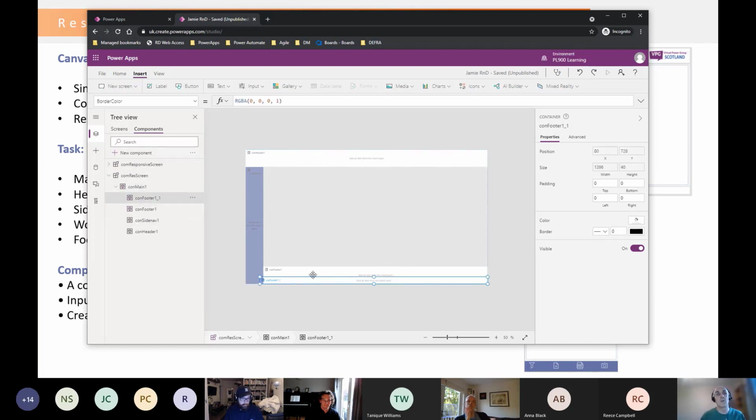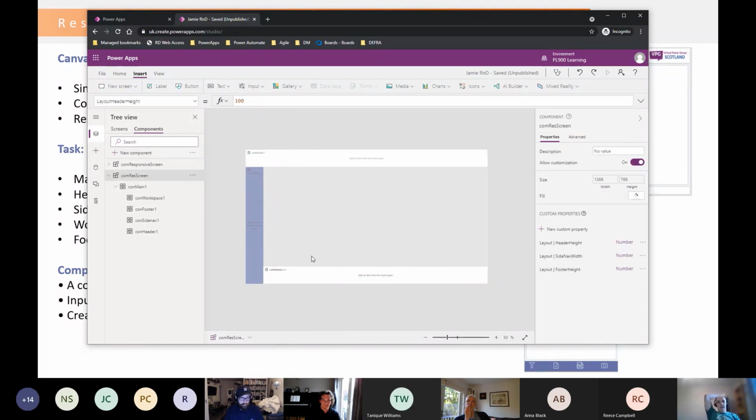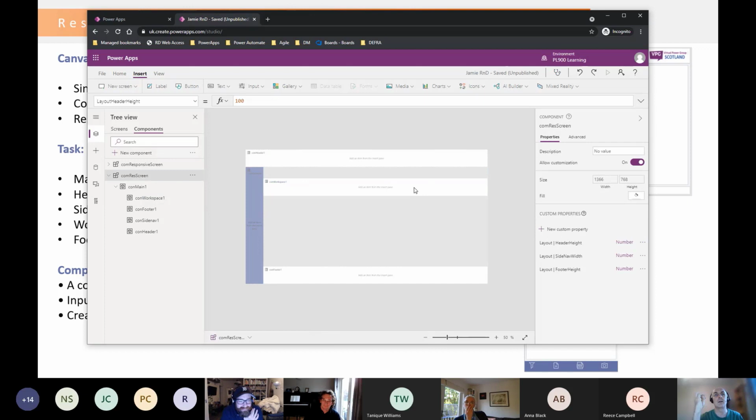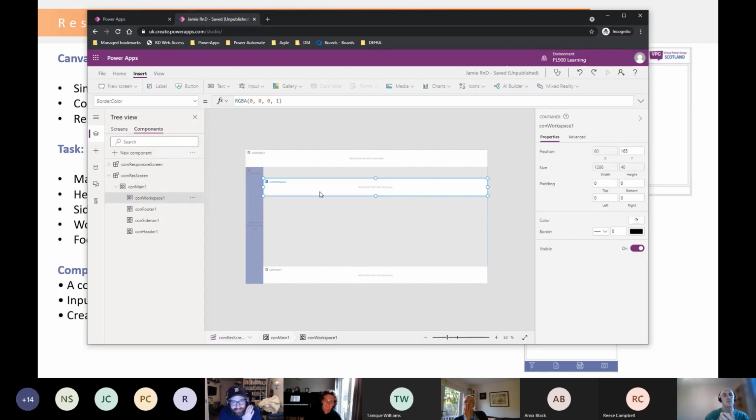Okay, we're going to call this container con workspace 1. Okay, in it goes. Let's find it. It's hidden somewhere in the footer. Okay, there we are. What I want to do is I want to have a little bit of padding between the workspace and the header, the side nav, and the